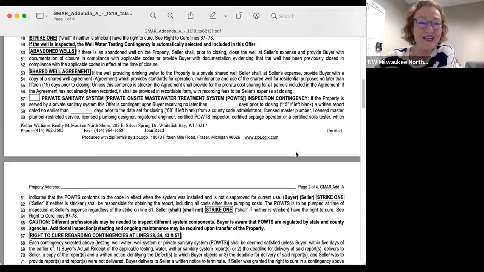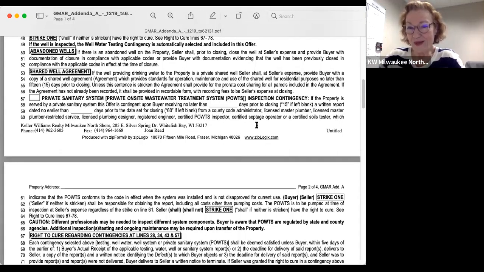If the property is served by a private sanitary system, this offer is contingent upon buyer receiving no later than 15 days prior to closing, so it has to be a current, fresh inspection, a written report dated no earlier than so many days prior to the date set for closing, 60 if left blank, from a county code administrator,